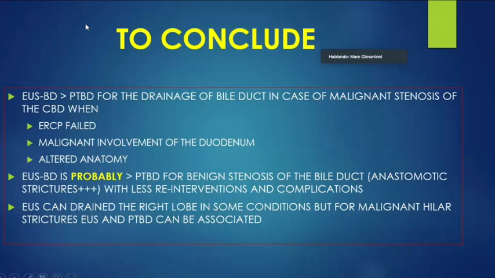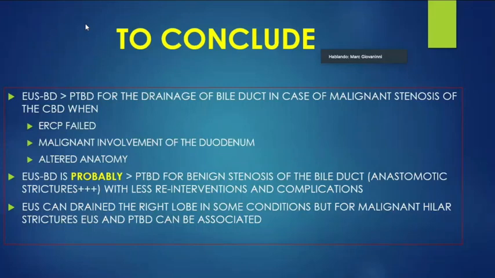And to conclude, EUS-BD is preferred to PTBD for the drainage of the bile duct in case of malignant stenosis of the CBD when the ERCP fails, in case of malignant involvement of the duodenum or altered anatomy. EUS-BD is probably better to use than PTBD for benign stenosis, but mainly the technique is the rendezvous technique if the anatomy is normal, or the hepaticogastrostomy using the two-step with the fully covered stent,